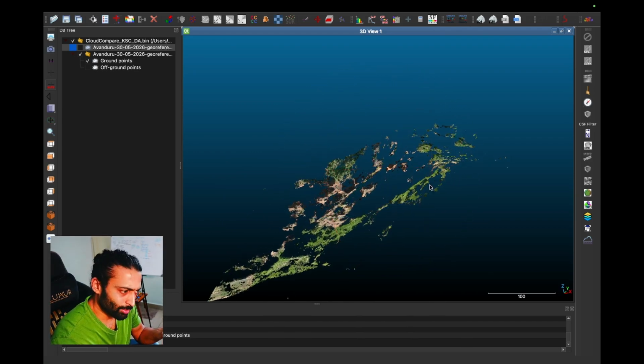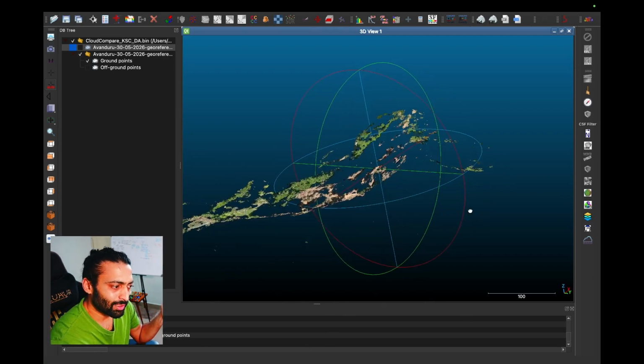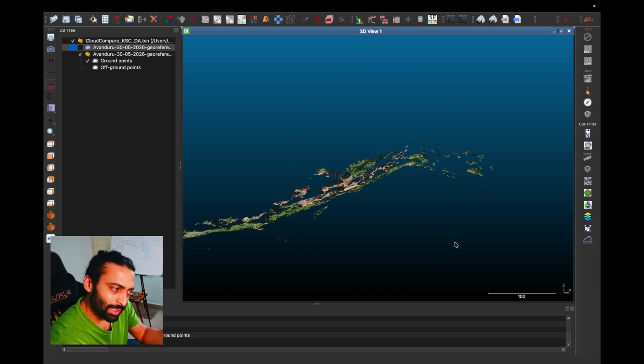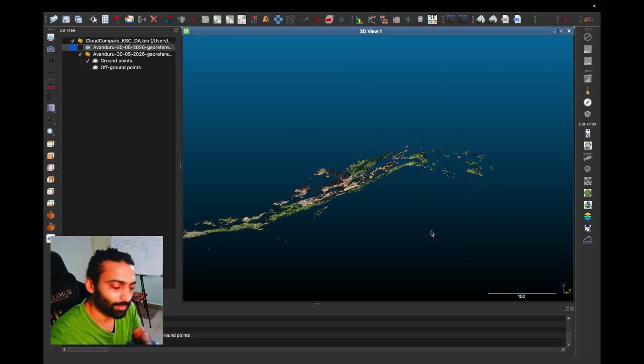We might have lost some ground information with this rather large cloth resolution for the CSF, and we've not really played around with too much of the values there. But I'm going to go ahead and complete the process, which is to convert this into a raster and then into a DTM and then import it back into QGIS, and then we can compare it. Okay, so now